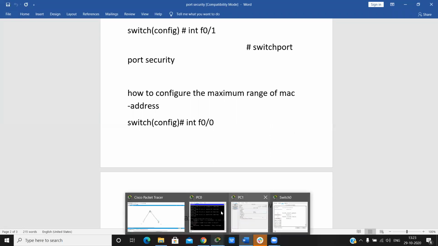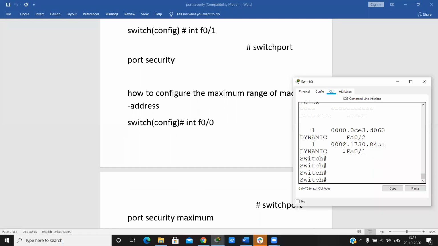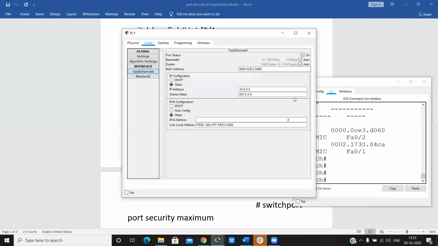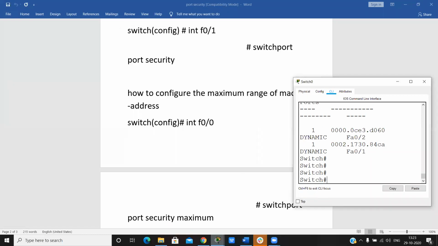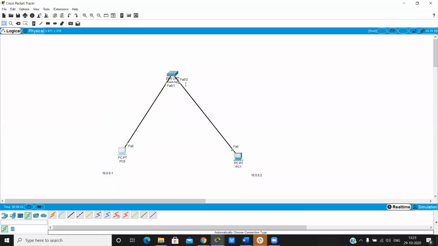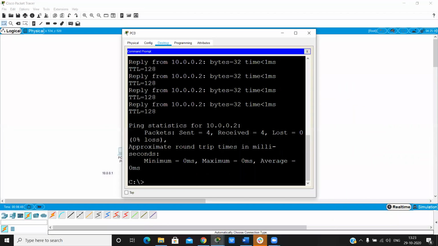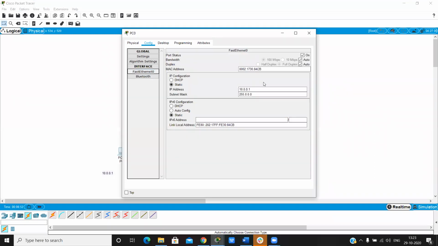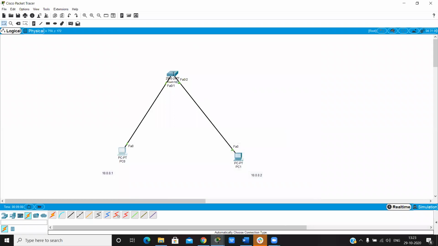Here on the switch it learns the MAC address of PC0, ending in CB, and it is stored in the MAC address table.